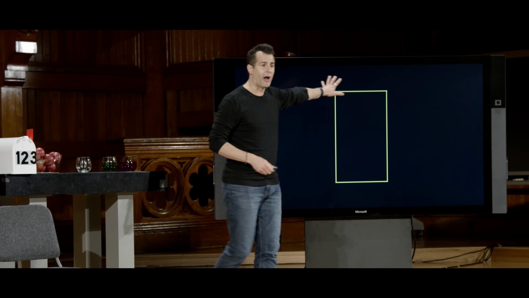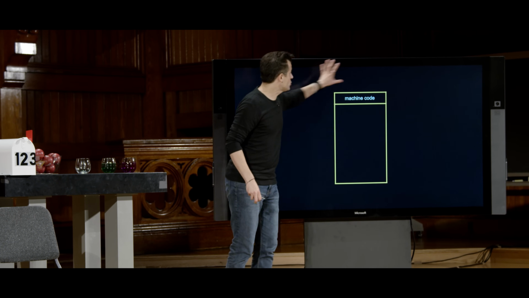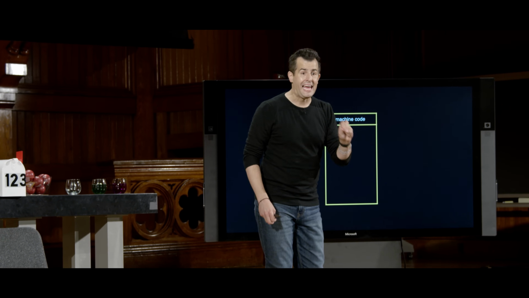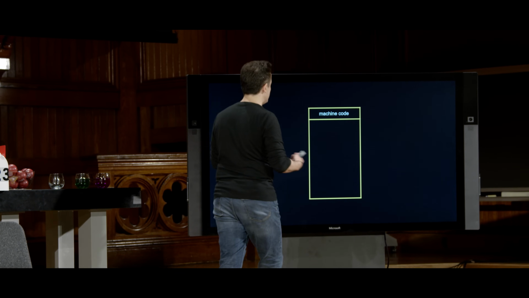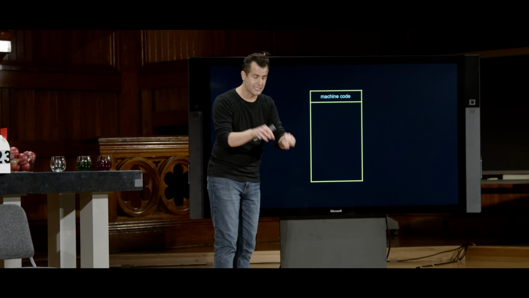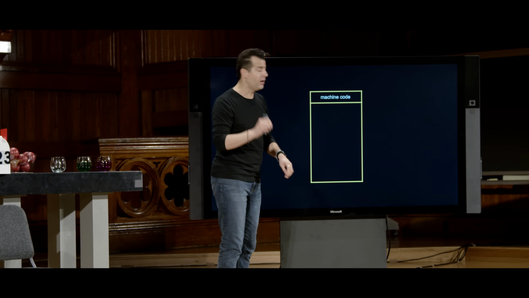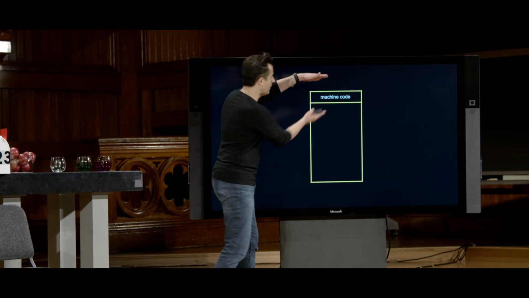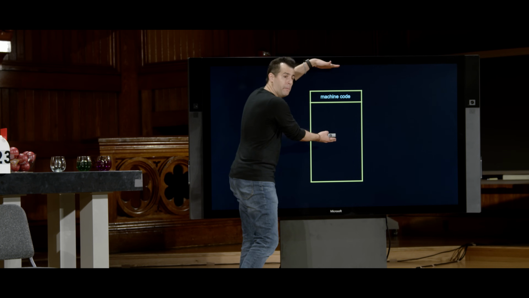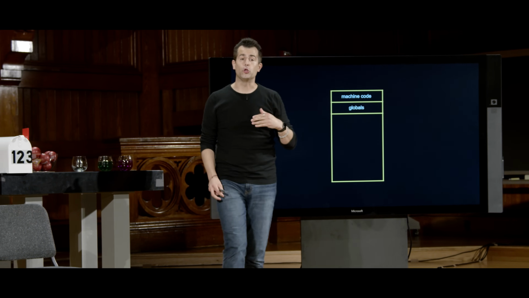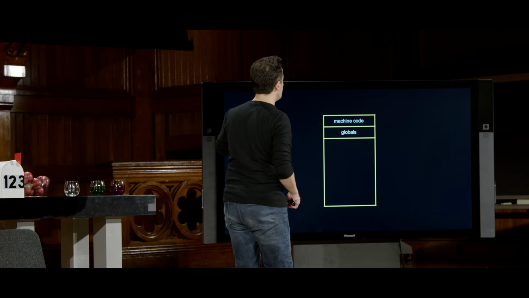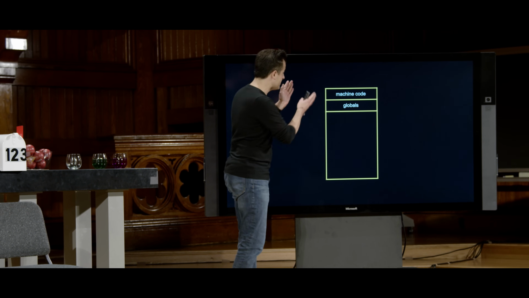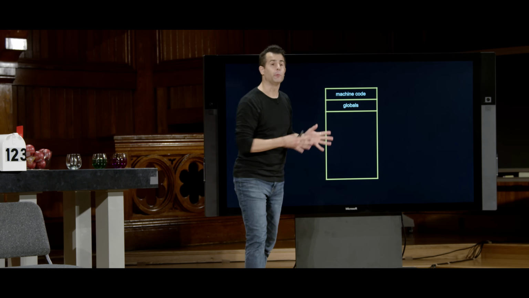Well, if we consider it just abstractly as a big rectangle, it turns out that if this is your computer's memory, at the very top of it, conceptually, goes all of the zeros and ones that Clang compiled for you. The so-called machine code is literally loaded into your computer's RAM when you run something, or on a Mac or PC, when you double-click an icon, those zeros and ones, the compiled code, is loaded into your computer's memory up here, let's say. And it might take up this much space for a small program, this much space for a big program. Below that, if your program uses any global variables or other type of data, those will go just below, so to speak, the machine code in the computer's memory. Why? Just because humans needed to decide when implementing compilers where to put stuff in the computer's memory.